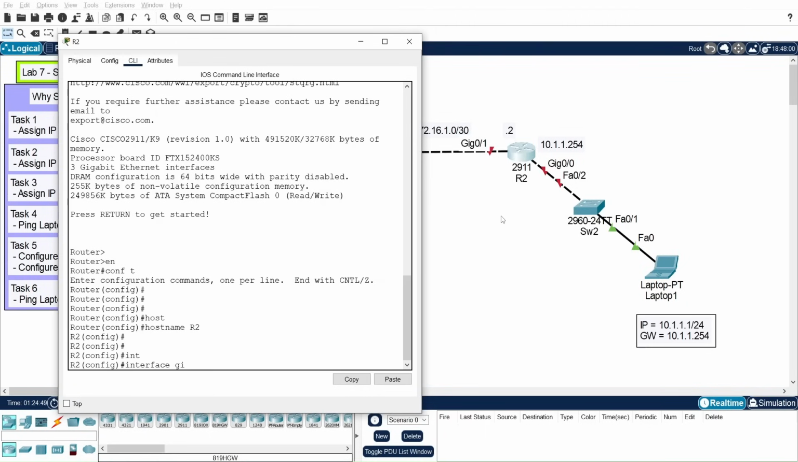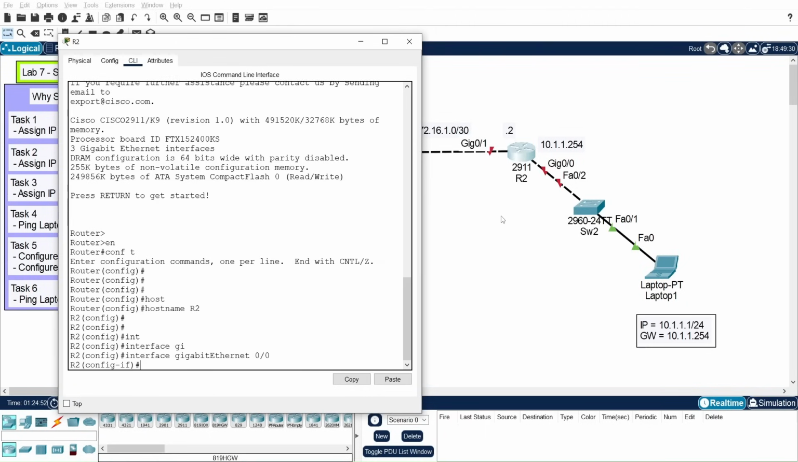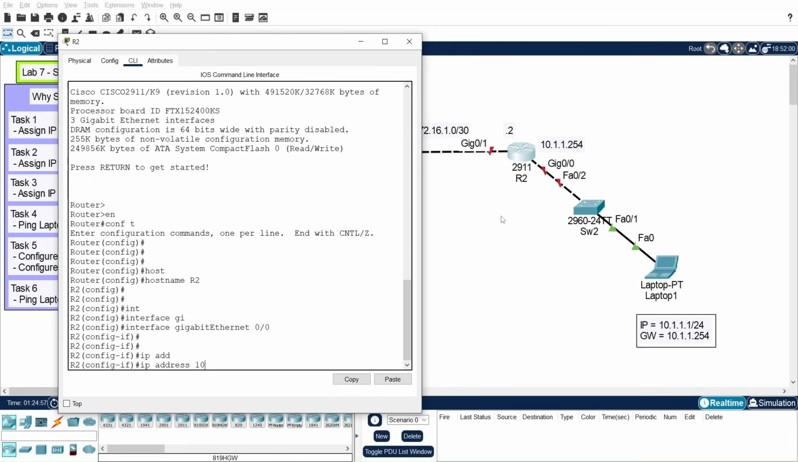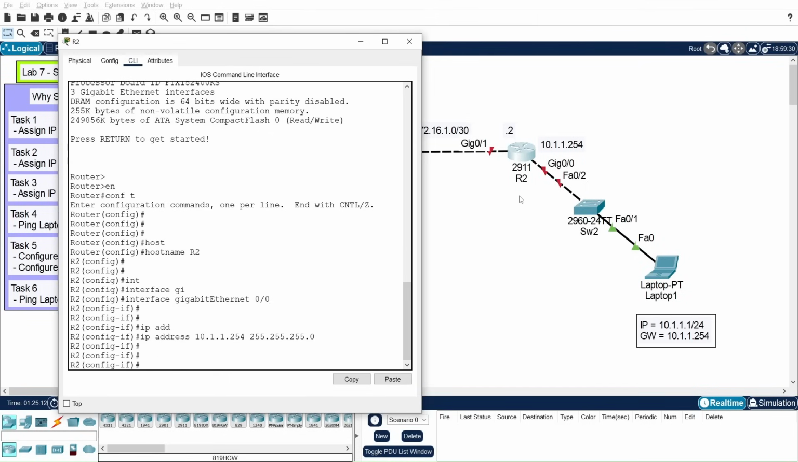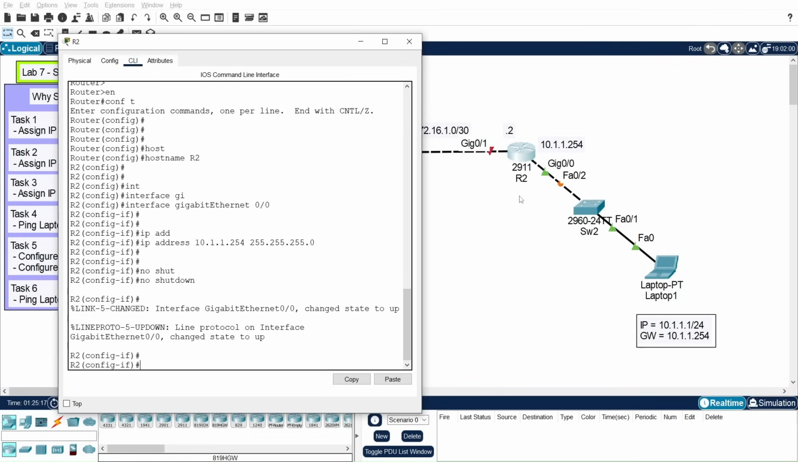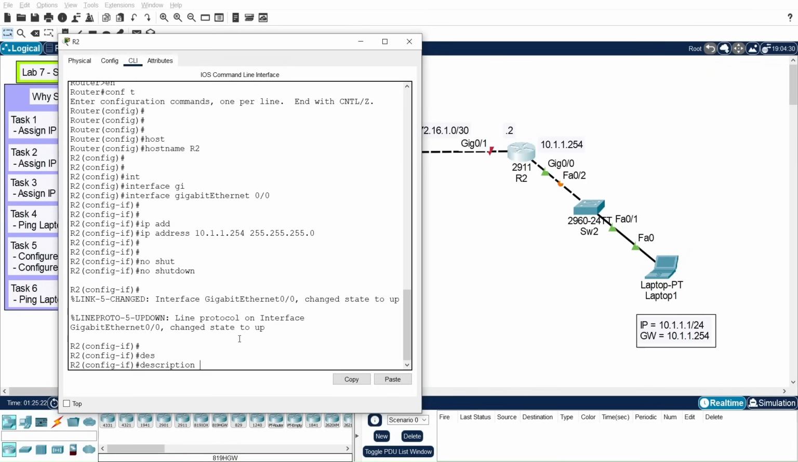That is interface gigabit 0/0, and I will assign it the IP address 10.1.1.254 written over here, and the subnet mask is 255.255.255.0, and again I will enable it. It is in shutdown mode, so as you can see the interface has come up. I can also give it a description to switch 2,